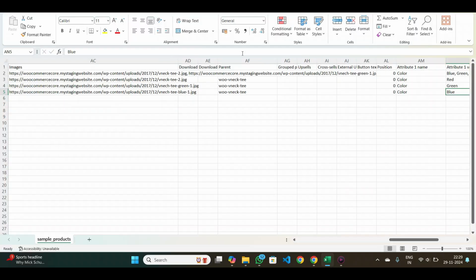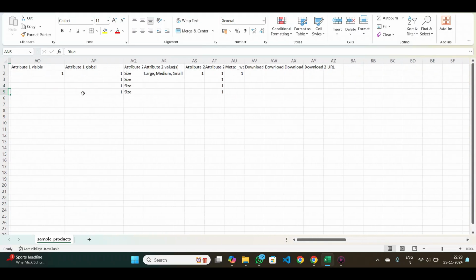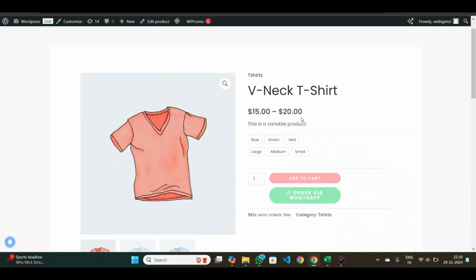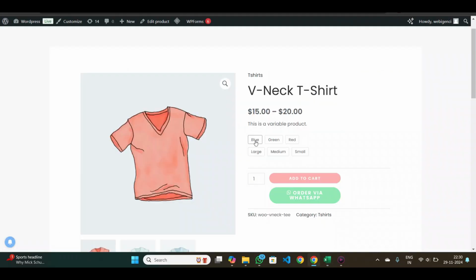One more thing, as you may get confused. We have created only three variations here, but in attributes we have also added sizes. For sizes we don't need to create a new variation. Sizes are within it. Here when I click on